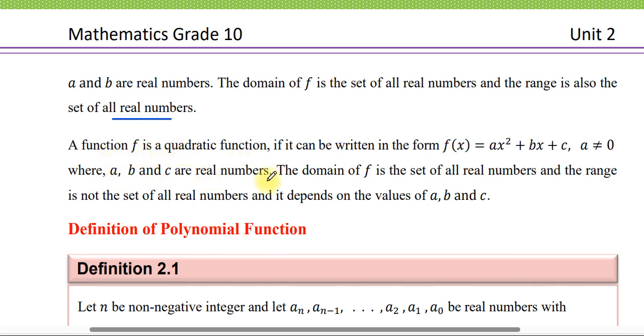A function f is a quadratic function if it can be written in the form of f of x which is equals to a x square plus bx plus c, a different from 0, where a, b, c are real numbers. እንግዲህ ኳድራቲክ ፋንክሽን ልንለው የምንችለው ምን ከሆነ ነው? a x square plus bx plus c። እነዚህ ኮፊሸንቶች a, b እና c ምንድናቸው? they are real numbers but a different from 0. a 0 ከሆነ ፋንክሽኑ ወደ ምን ተቀየረ? bx plus c ፎርም ተቀየረ። then bx plus c ደግሞ ሊኒየር ሆነ ማለት ነው።